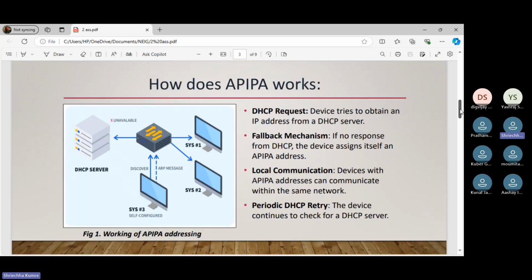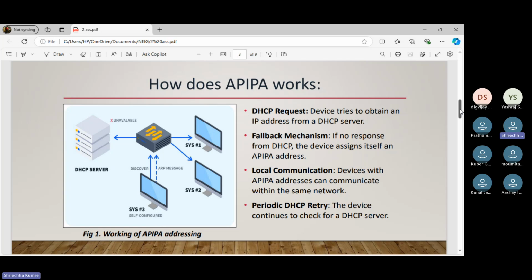How does APIPA work? The device first attempts to get an IP address from a DHCP server when set to automatic configuration. Then, if there is no response from a DHCP server, the device assigns itself an automatic private IP address.